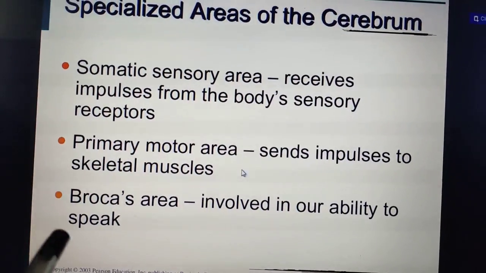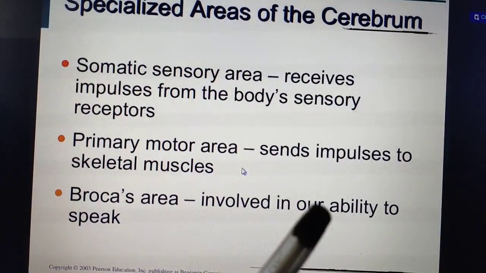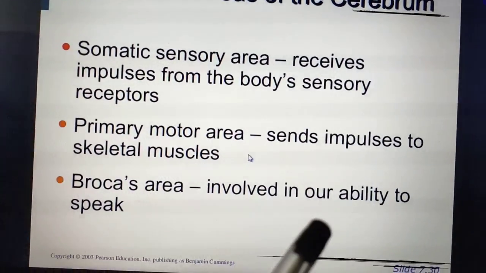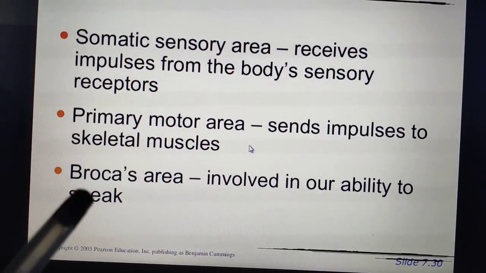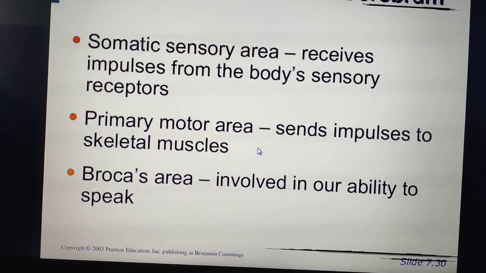Then Broca's area is mainly involved in our ability to speak. It is very important. What is the ability to speak? In which area? That we call Broca's area. Okay,